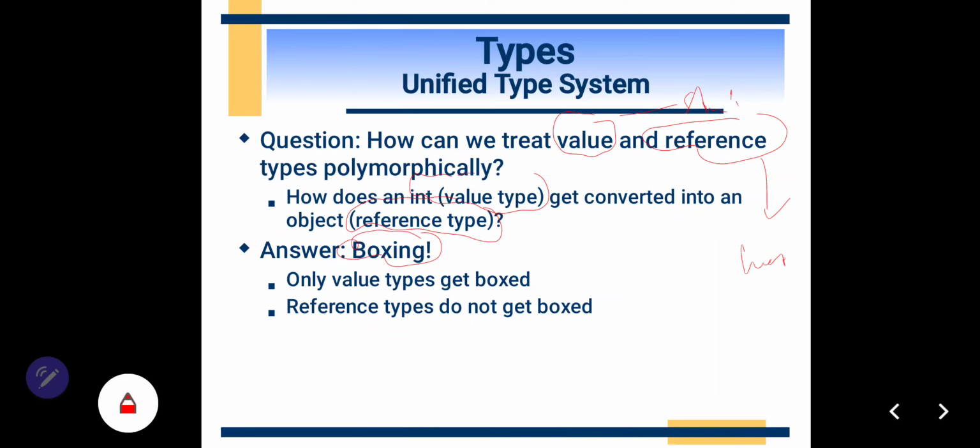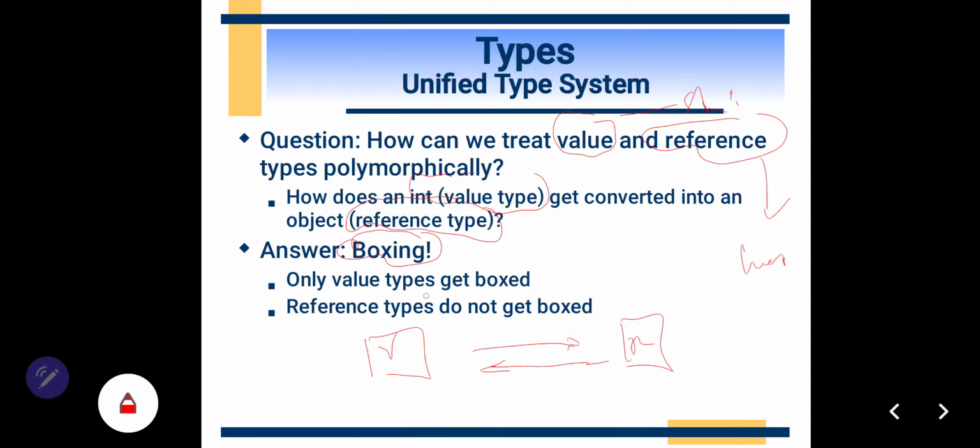There are two types for this: boxing, where you can convert your value into reference, and if you want to convert from reference into value, you can use unboxing.